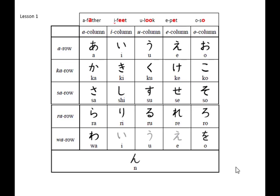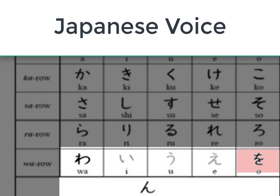And then we have our W, which is wa. There is no wi or wu or we. Then it goes to o. And lastly, we have the n sound. わ、お、ん。